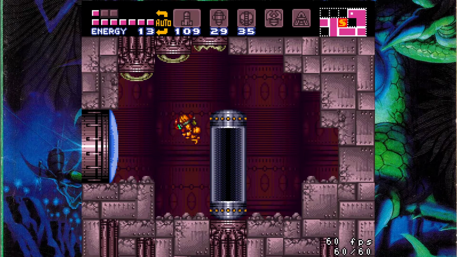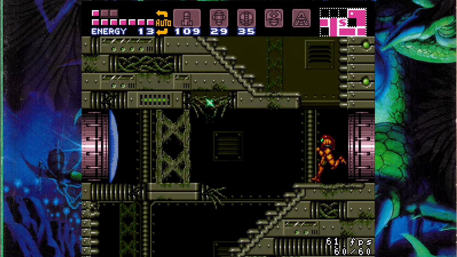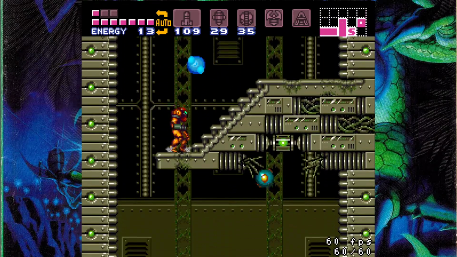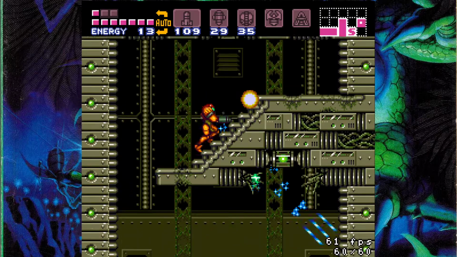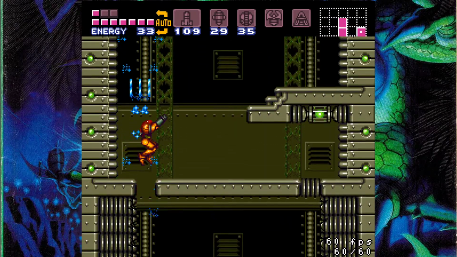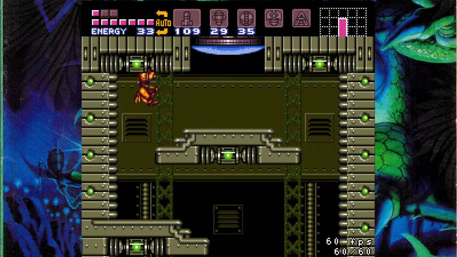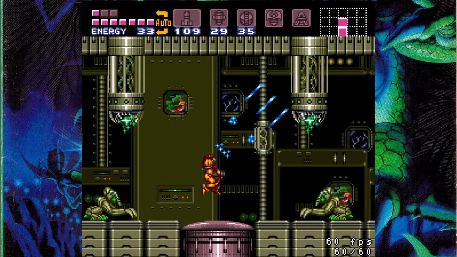So, now, let's go back through here. And go up. Go up. Go up. Go up. Okay. Thank you. You can shoot through these blocks, shoot through that. There's gonna be, I think, one more of the little twisty atoms. They look like a,